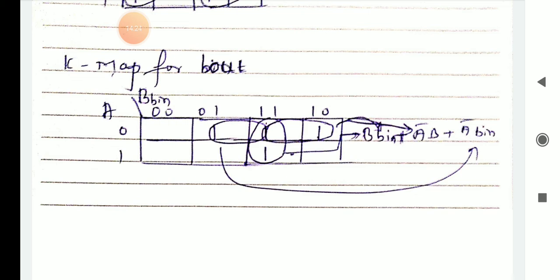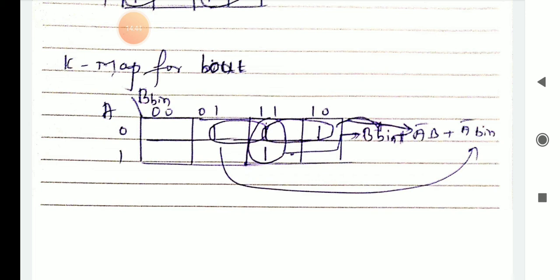Here is the B and Bin, because only 3 ones are there. So there is not only the vertical group; B and Bin, one is there, that's why you can write B Bin plus. So the second expression: your second 2's group is there, so A bar B you have written here.